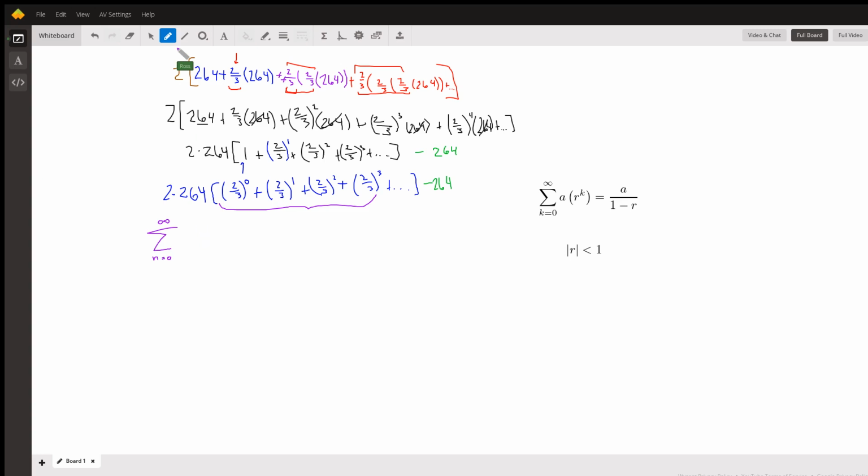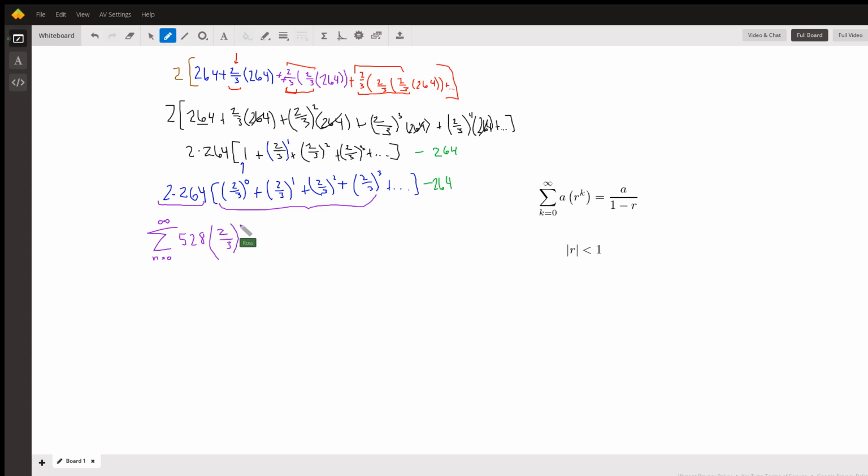I missed the first number. I need to put my 2 times 264 here first. 2 times 264 is 528, so I'm going to put that. And then I'm going to multiply by, not this entire sum of numbers, but instead I'm just going to put 2/3